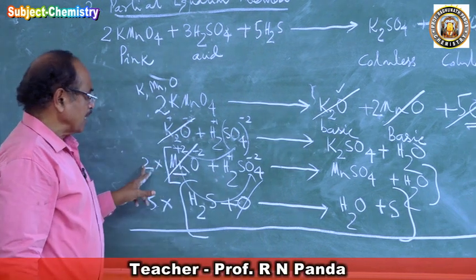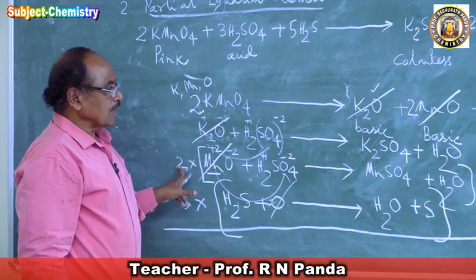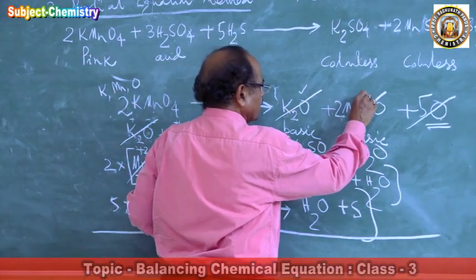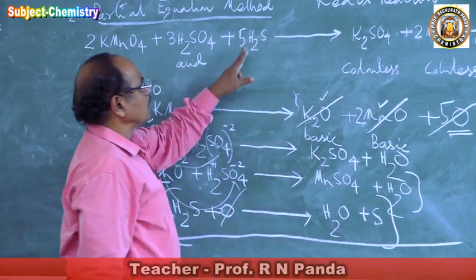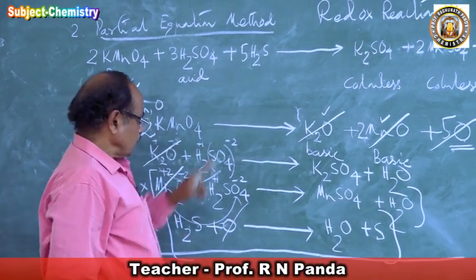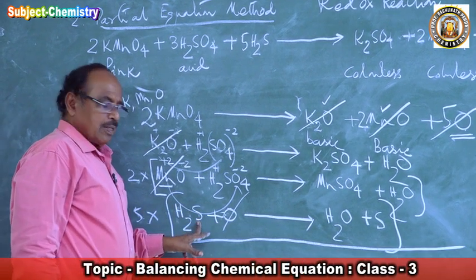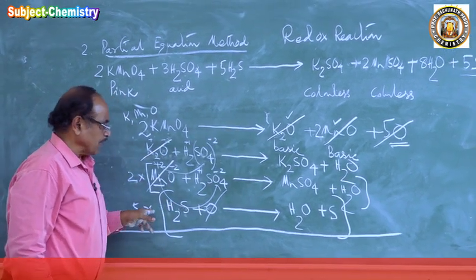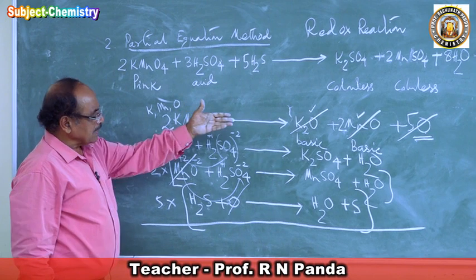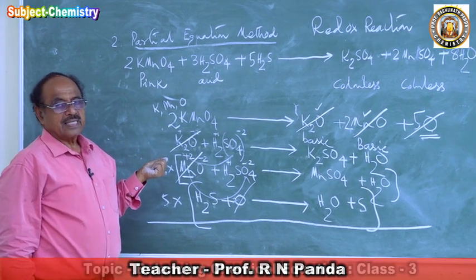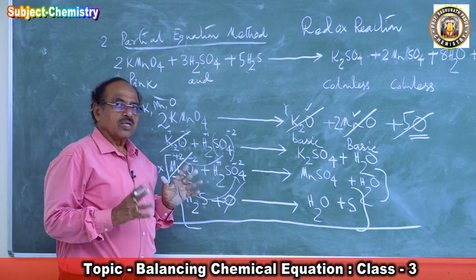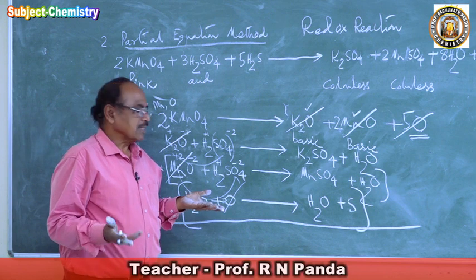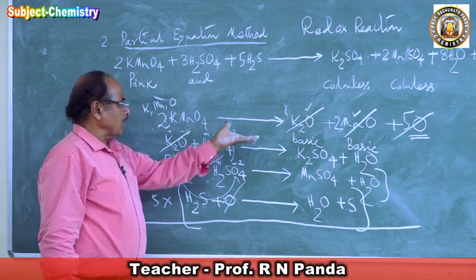2 MnO is there, so multiplying the equation by 2. Then it is over. So potassium oxide reacted, MnO reacted, who remains? O remains. Now O will react with H2S. So H2S plus O gives H2O plus sulfur. How many O are there? 5. So we multiply by 5. Then we cancel the equals on opposite sides. In an equation, we always cancel the equals present on opposite sides. So K2O cancels, MnO cancels.